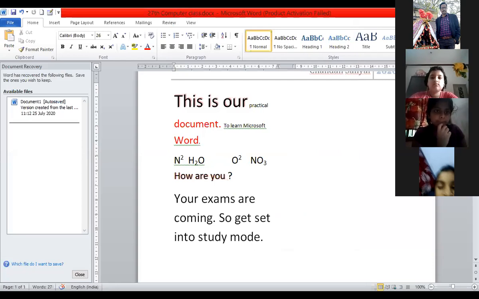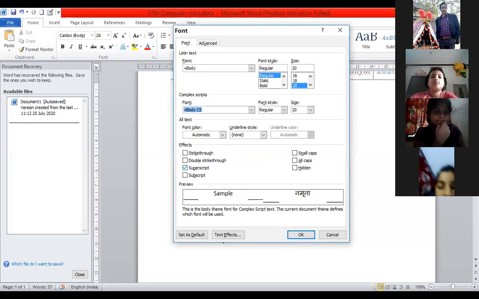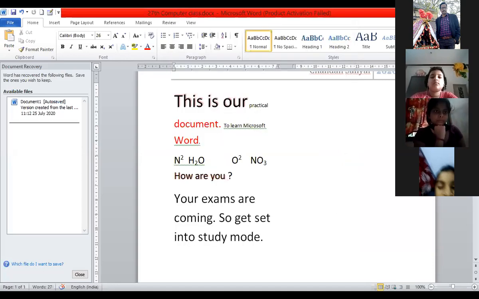Now, if I type anything else like O2 and after that TH, those will all appear over there. But I don't want those TH and all over there. I want them in the normal text. So I have to again go to the font and remove this superscript and then press OK. And after this, when I type T, H, and I, now this is coming in the normal position. So you understand how to write O2. And now this is called superscript.